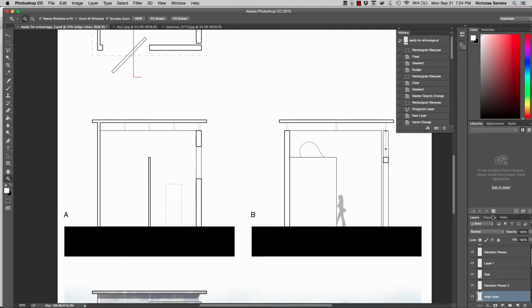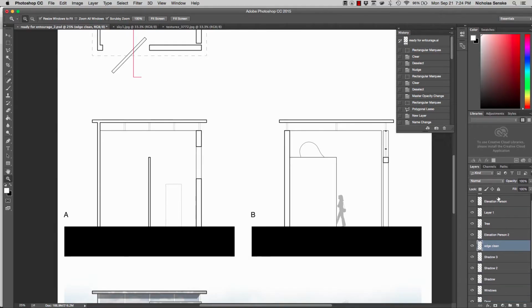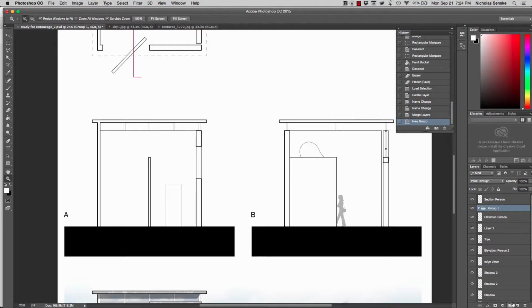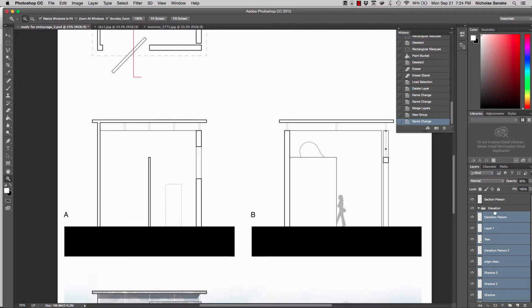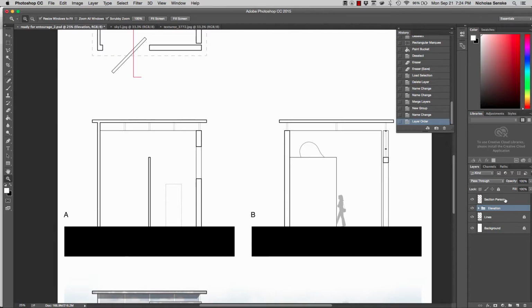The first thing I want to do though is my layers are in terrible shape, so I'm working on sections. I want to try to tidy up my elevation, so I'm going to make a folder, or I guess in this case a group, and I'm going to call this elevation. I'm going to shift click all of these objects that I created and stuff them in the elevation folder, and then I can safely turn those off and on. Now I can just work on the section layer, and the first thing I'm going to do is work on